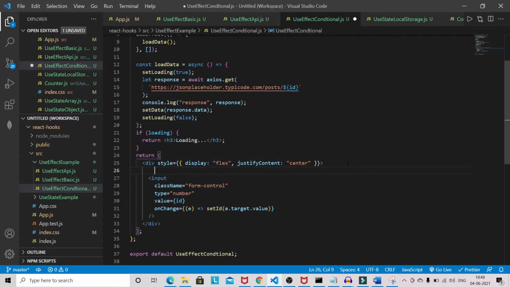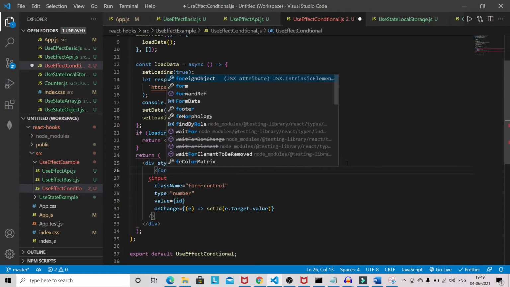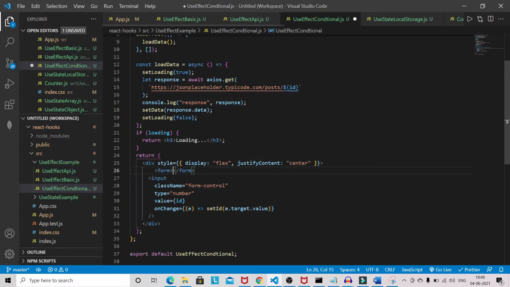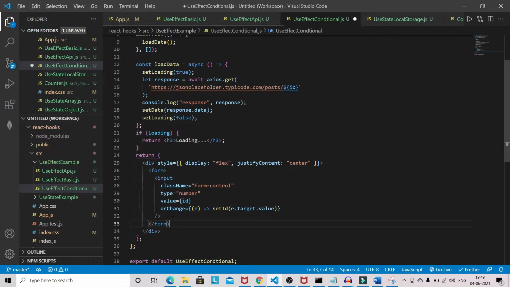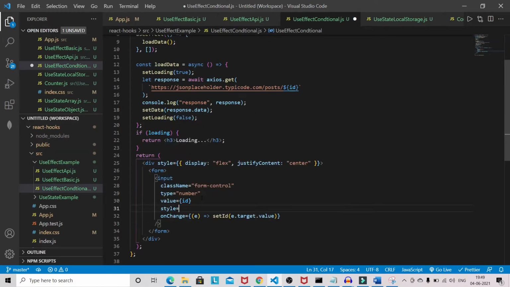We need also a form here, and I will close the form here. We will have a style, width 30%.